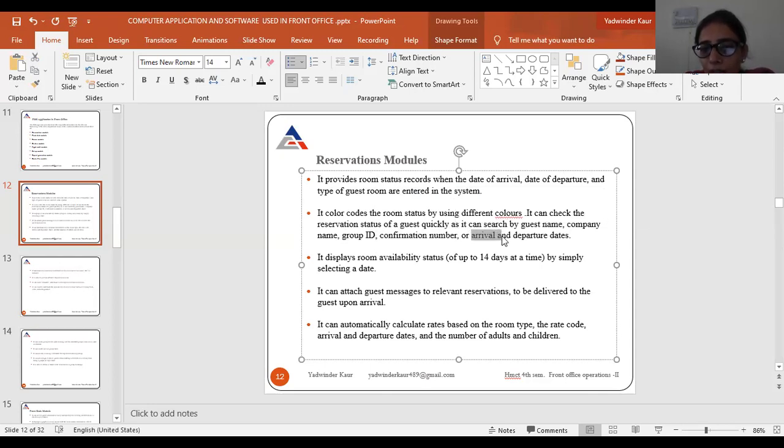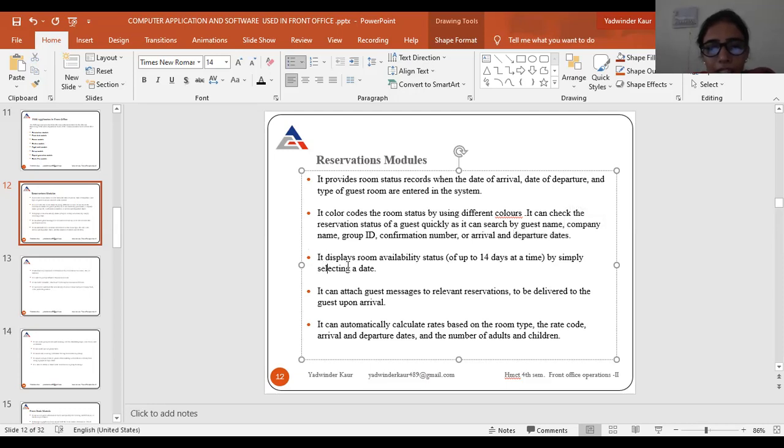We can also use the arrival date: just put in the arrival date and we can get all of today's arrivals, or future details also. And through the departure date we can get all the information.